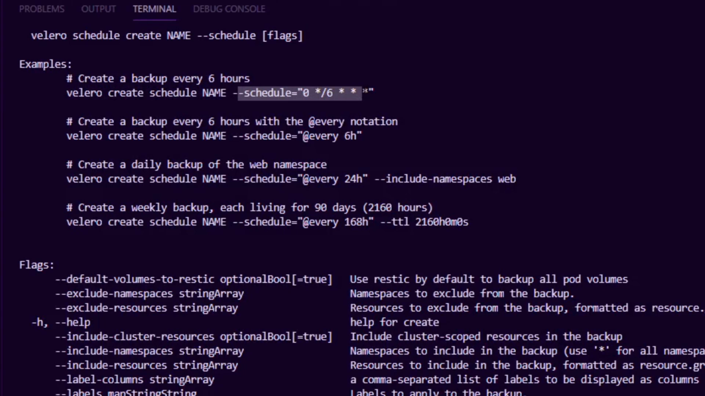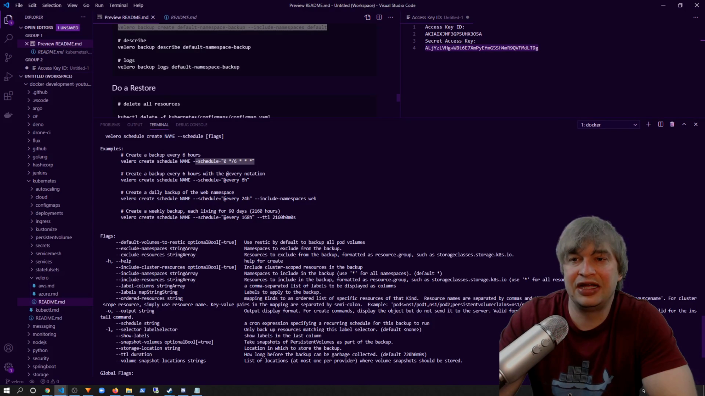You can pass in a cron syntax. So this will basically create a backup every 6 hours, and you can customize this cron syntax to create daily backups or hourly backups or however you like. Now, before I show you how to restore this backup onto a newer version of Kubernetes, let's go ahead and